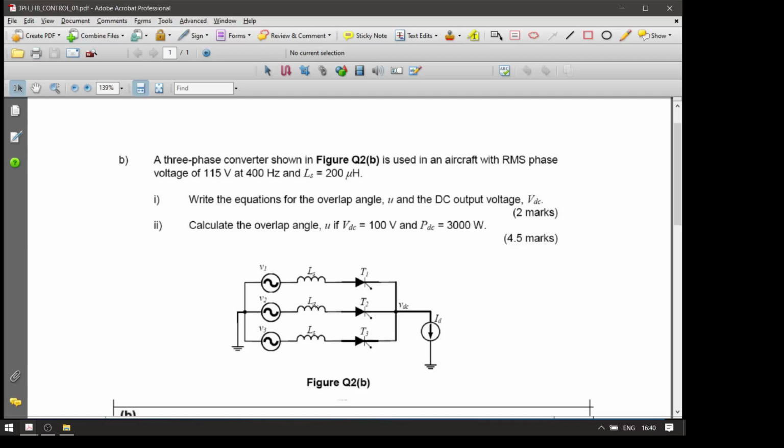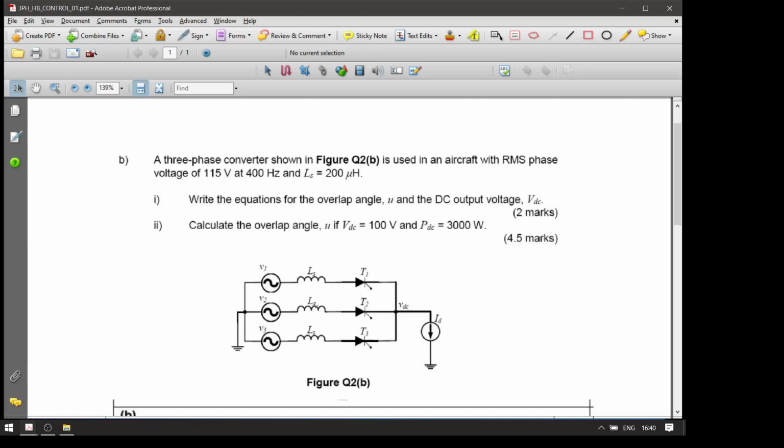When it mentions something beyond the standards, like an aircraft standard, it will mention whether the voltage is phase or line to line. So in this case, you are given RMS phase voltage of 115 volt at 400 hertz, and